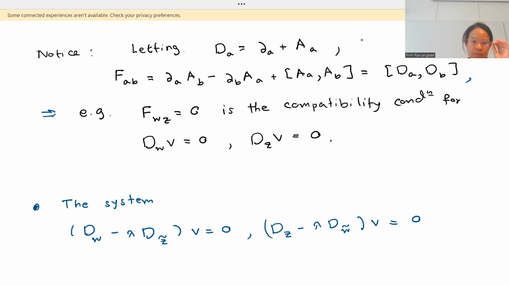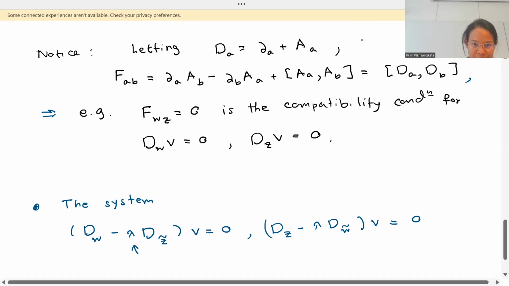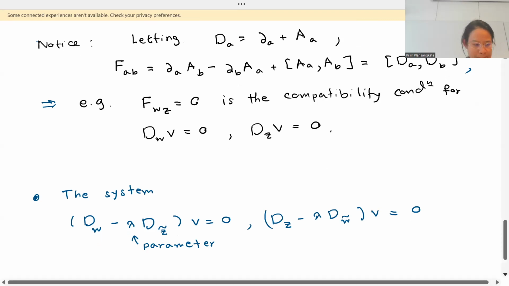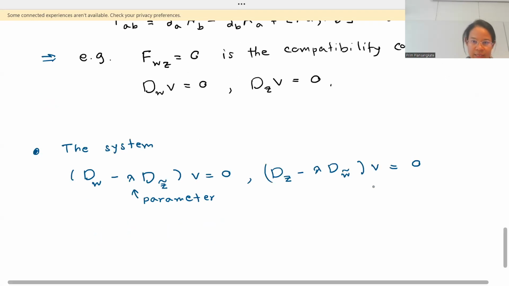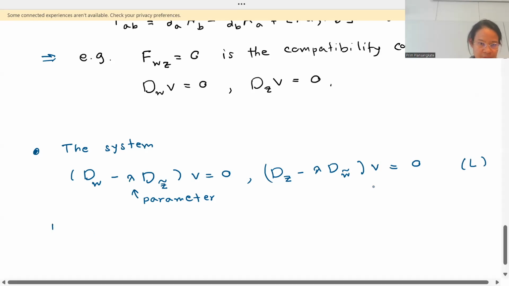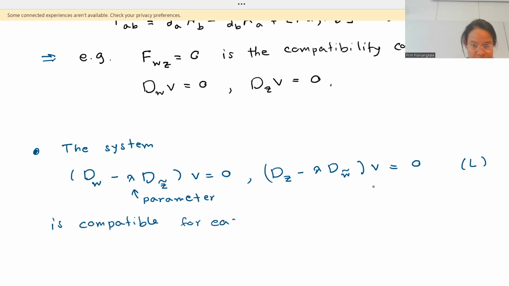Okay, the system is overdetermined, but now I put lambda as a parameter. We add some parameter lambda into the system. Then this system is compatible for each value of the parameter, for each lambda, if and only if